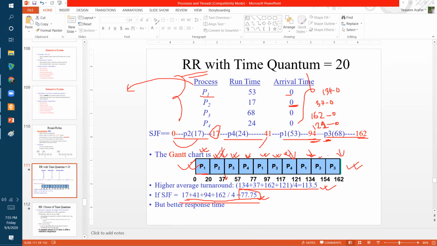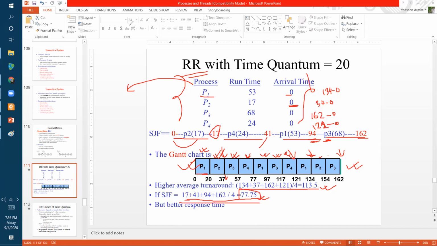But when the arrival time of all processes is the same and it comes to an interactive system, like server-client systems or something like that, obviously we have to use the round robin algorithm. Those are the main three scenarios, and you need to know when to use SJF, preemptive SJF or shortest remaining time next, or round robin.